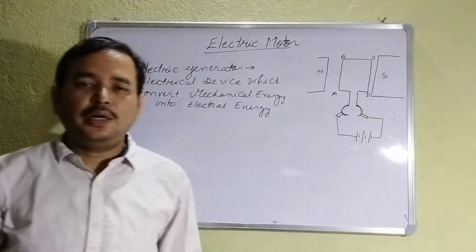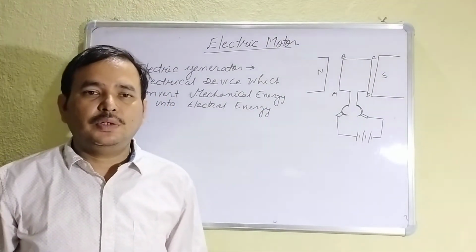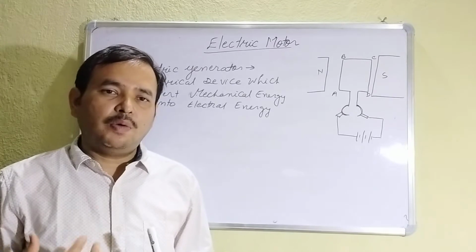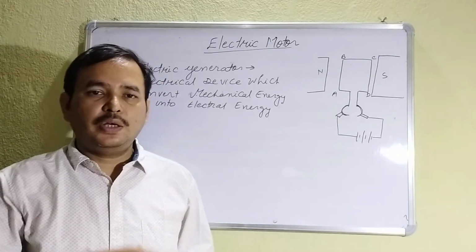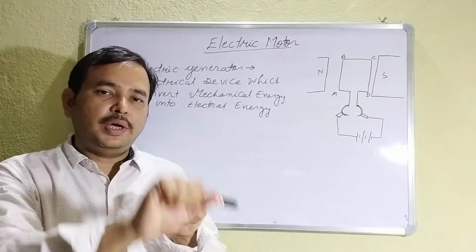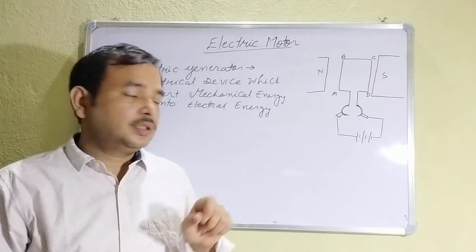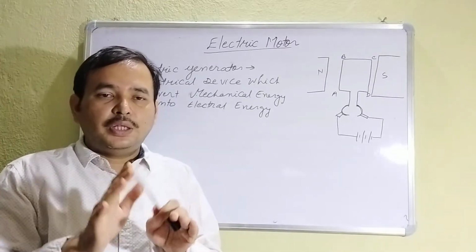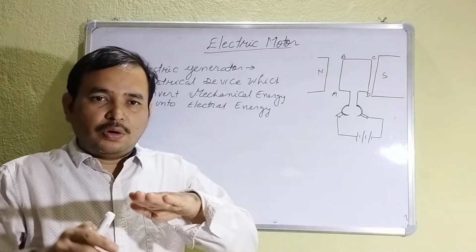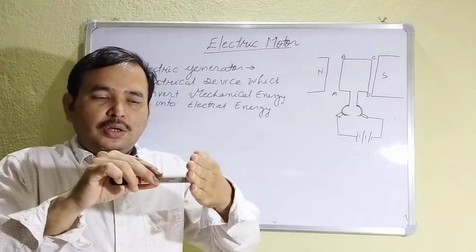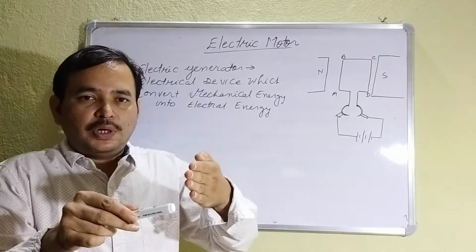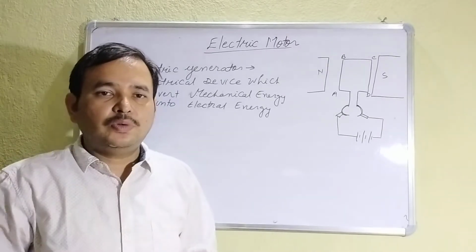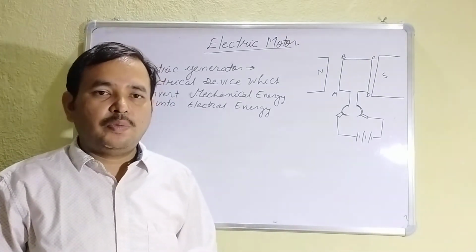So we have seen that in an electric generator we are rotating the coil, providing our energy in the form of mechanical energy, meaning kinetic or potential. When we rotate the coil between two strong magnets, the number of magnetic field lines crossing the coil changes, and because of this an EMF or current is induced. That is known as the principle of electromagnetic induction.